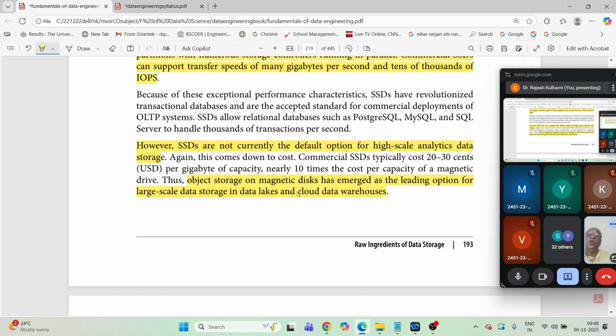If you compare hard disk with SSD, you'll say SSD is better, but still it is not a default choice because of the cost. Naturally SSDs are more costly than HDDs. So object storage on hard disks has come as a better option for data lakes, cloud data warehouses,